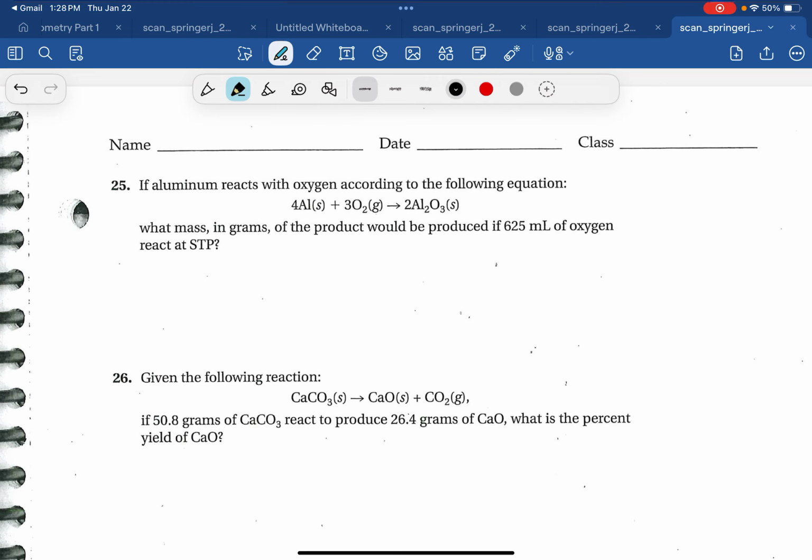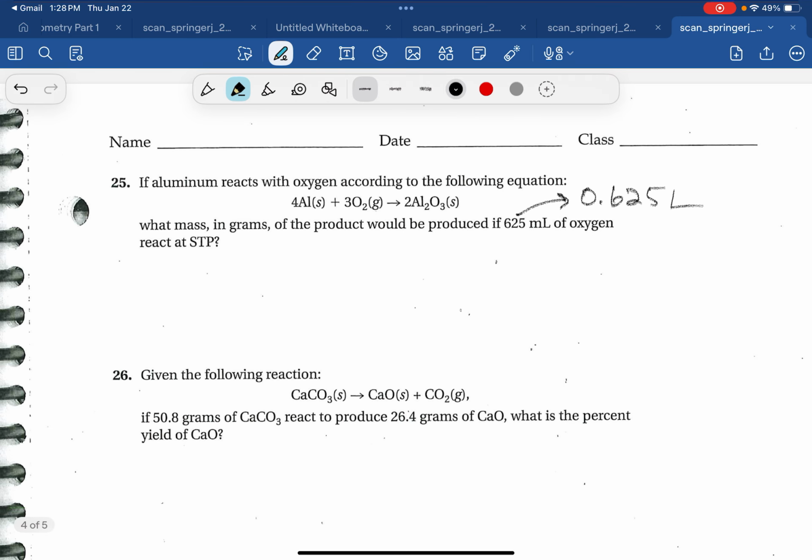All right, number 25, what mass in grams of the product would be produced if 625 milliliters of oxygen reacted at STP? Well, we've got to turn that into liters, so 0.625 liters, because there's 1,000 milliliters in a liter, so we're going to divide that 625 by 1,000. So we want to know the mass in grams of the product. This product is right here. So we'll start with